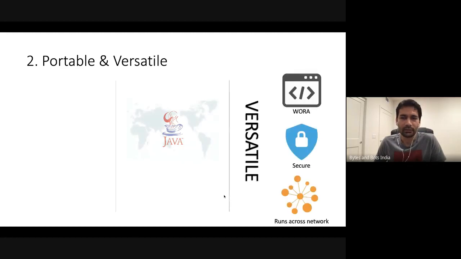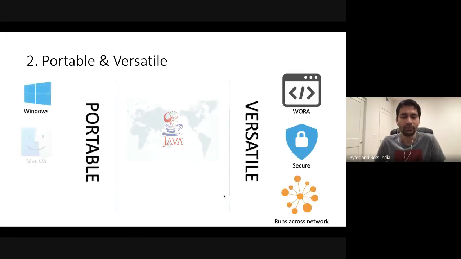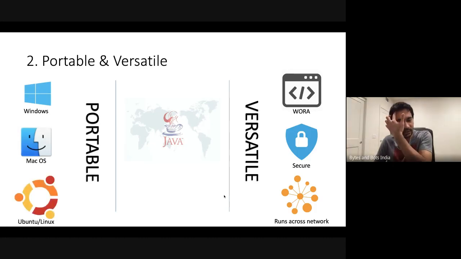Okay, so next is portable. To the left of the screen is what makes Java portable: it can run on Windows, Mac, Linux, or any operating system for that matter which supports Java. Let's say today we write some program, and some of us will be running the same program on Mac, some on Windows, and someone on Linux, and we'll see we get the same output everywhere. So that's very powerful, and we don't have to do anything different for running them on different operating systems.